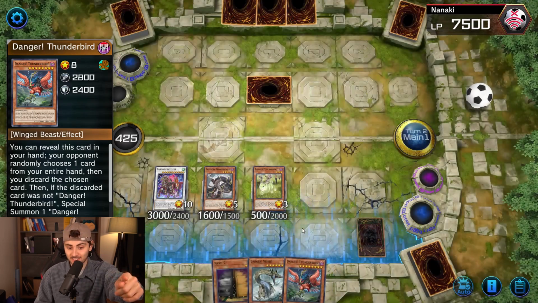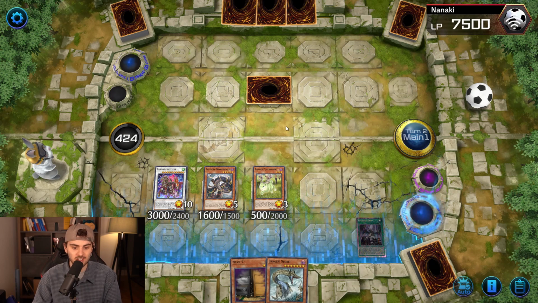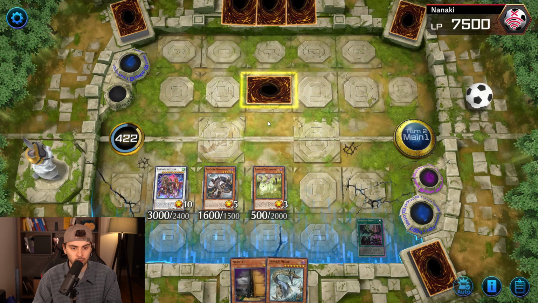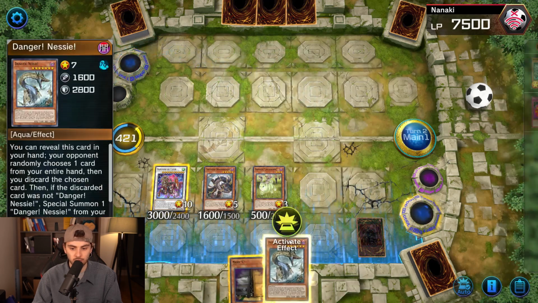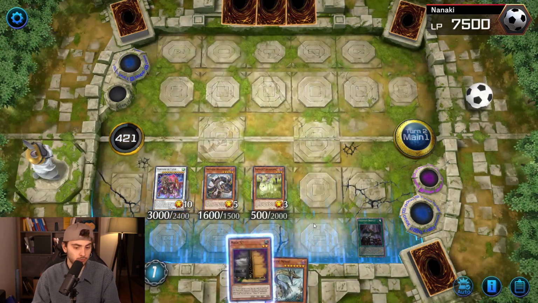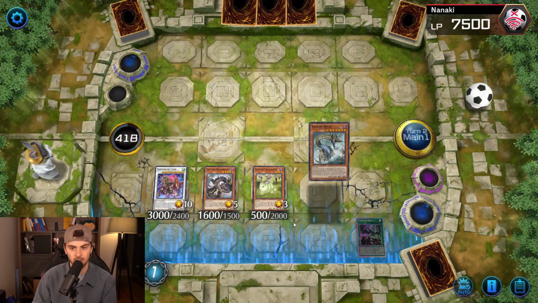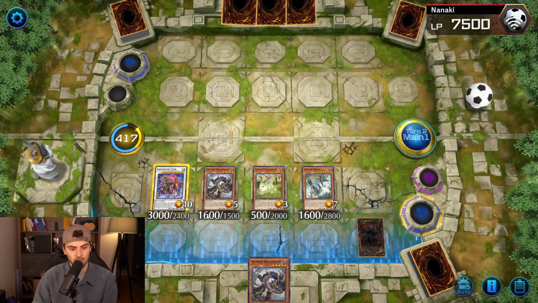If they don't hit the Thunderbird now, we're very lucky, of course. But it doesn't really matter. We can just activate the effect. Get rid of their monster that's face down here. We could have obviously popped this with the Baroness as well. Right, it was Brotor. Interesting. Gonna use Nessie here. Get rid of Maxi, which is nice because we can draw another card. See if we can get something. They're already only on 7-5 life. So that's